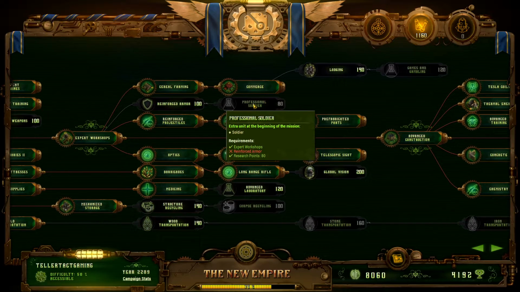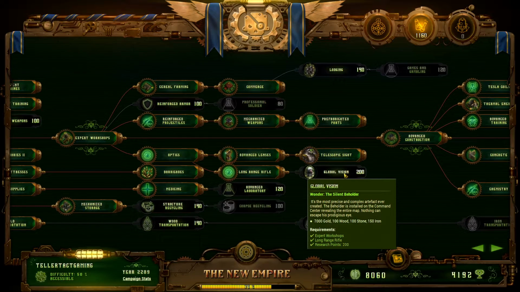Now, the thing with global vision is that everything is visible. So it's not just that you have the area explored. When you have the Silent Beholder wonder built, you can see everything as if you had units there on the whole map. So that's a big bonus, but for the cost,